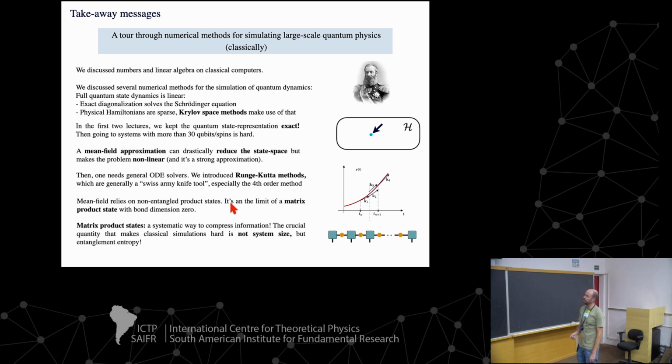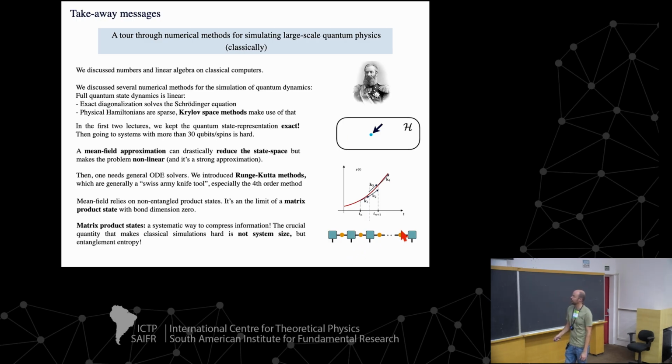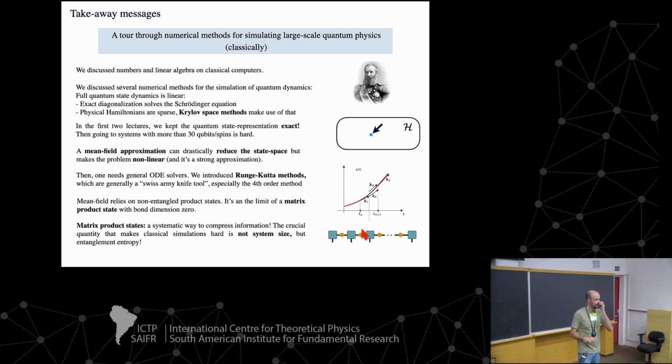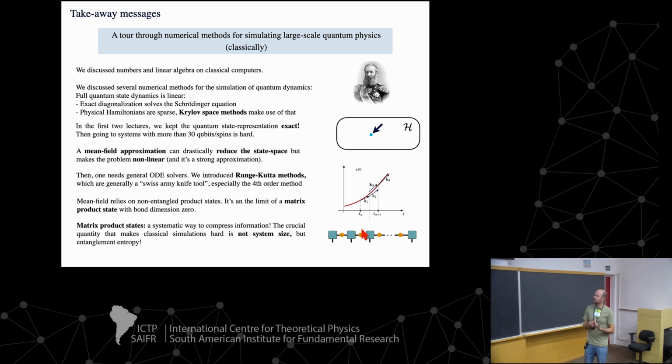But then there's this nice thing what I talked about today is that there's a generalization of these product states, not only to the little point here, but also to states which occupy a bit bigger fraction in Hilbert space. And MPS, they have this nice cutoff in this bond dimension, which is a cutoff to the entanglement between splittings of your system. And you can use this as a knob to kind of control the amount of entanglement that you allow in your state. And then you can run simulations with the states, making this entanglement more and more until you get convergence. And then you actually reproduce the exact dynamics in the system. So a takeaway message is really